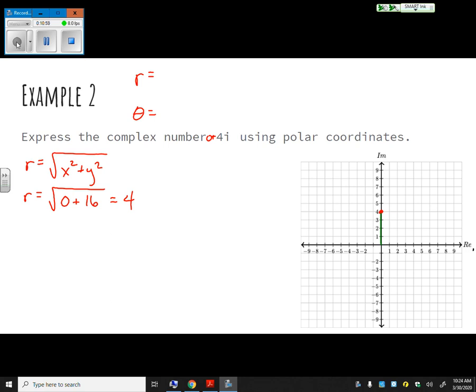But next up, I got to find my theta. So r is equal to 4. Next, I got to find my theta. So I'm wondering how far it opens up from this positive x-axis. Well, we know good and well that's going to be pi over 2. Anytime I land on a quadrant, that should be easy for me to find. And so I'm ready to write this